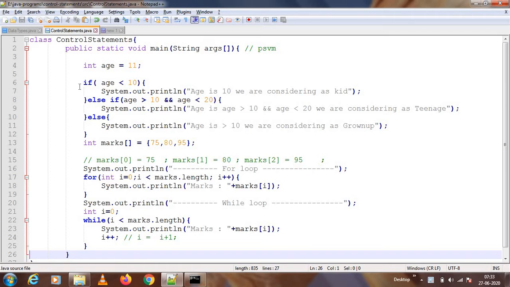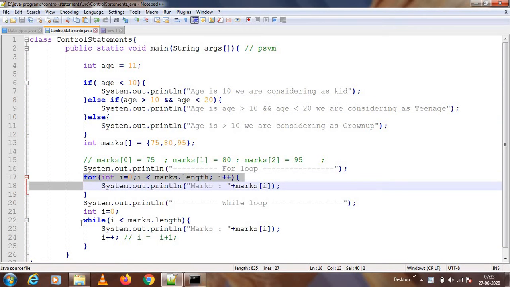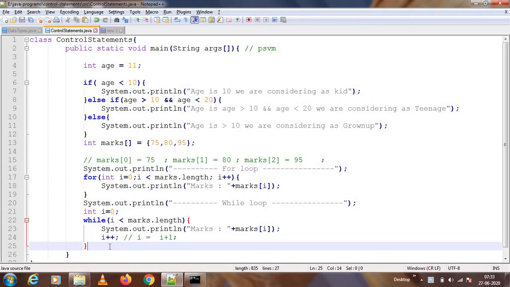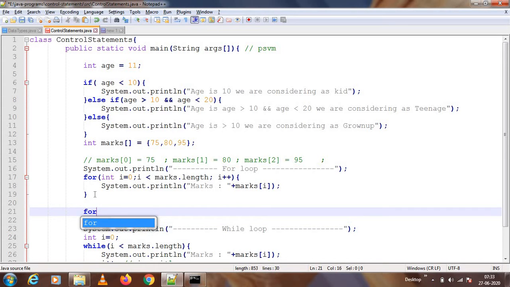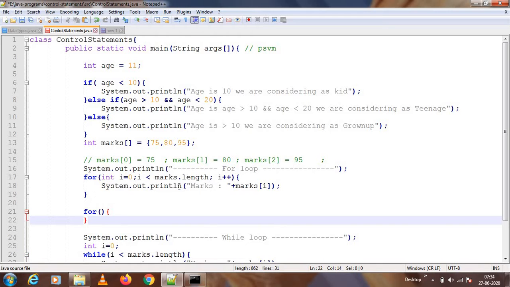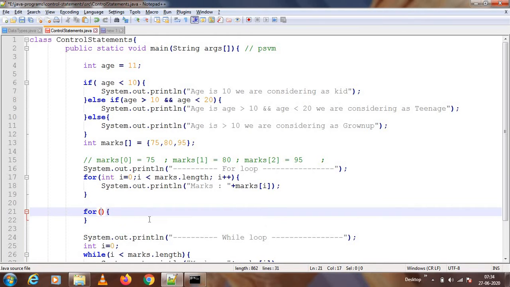Now, yesterday what we have seen: if, else, and then for loop and then while loop, right? Some more are there, which is in for loop again, we have a for each. So the syntax is like this: int mark colon.